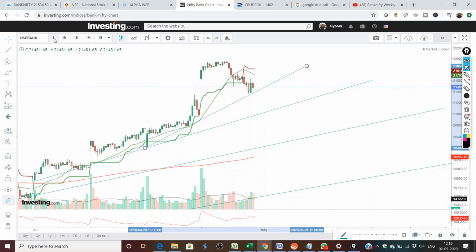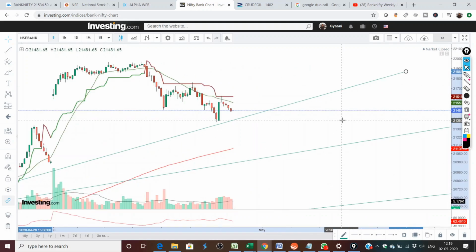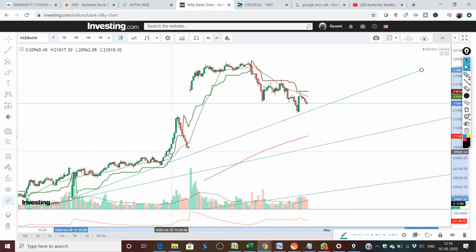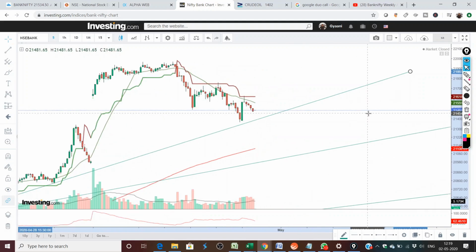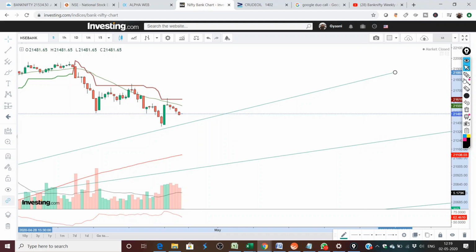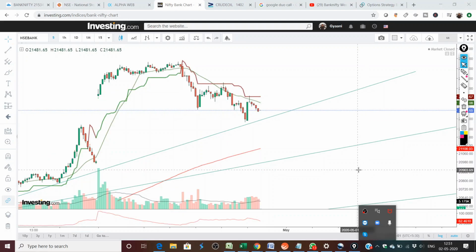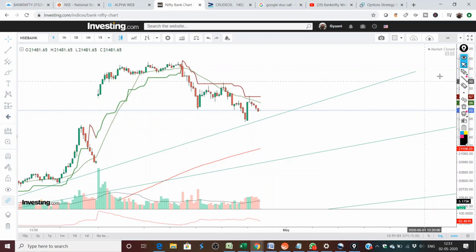So let's go to the 5-minute time frame. The 5-minute time frame has retraced on the trend line which we have drawn. This is one of the setups which we have. I want you to pay attention to this setup, which I'm going to explain. So listen to this very carefully. Let's use a pen here. Whenever you see the market coming down like this,